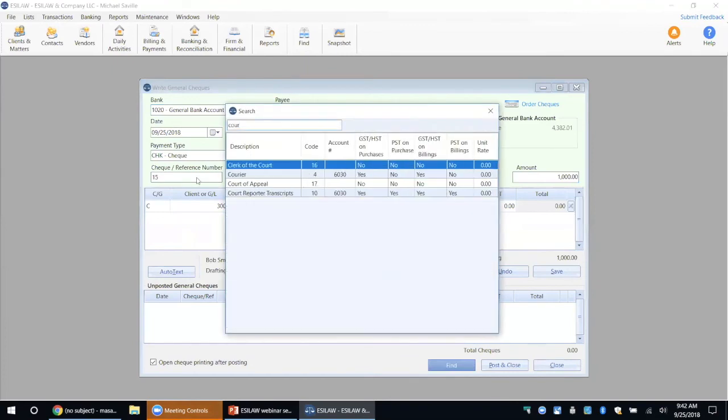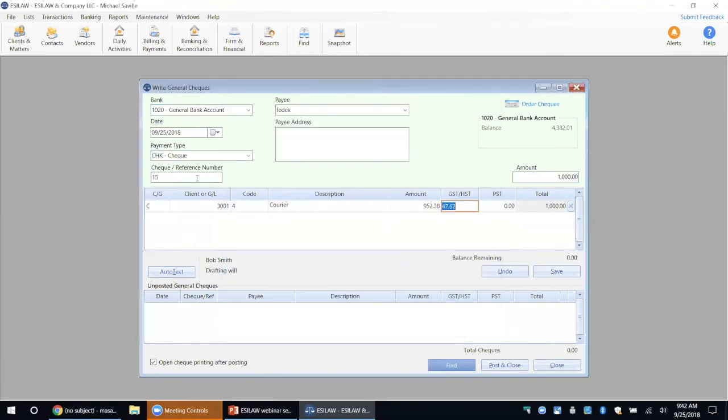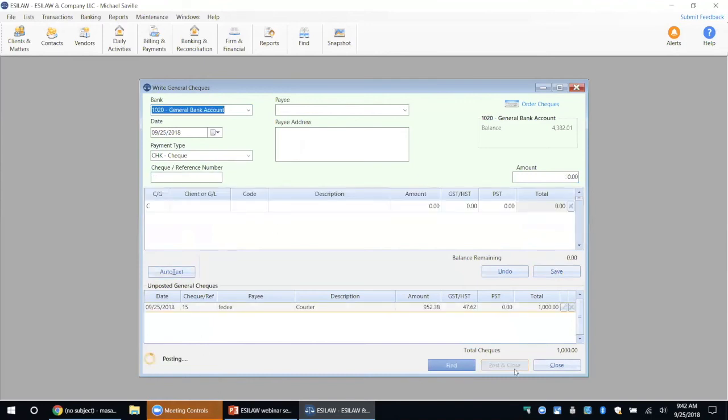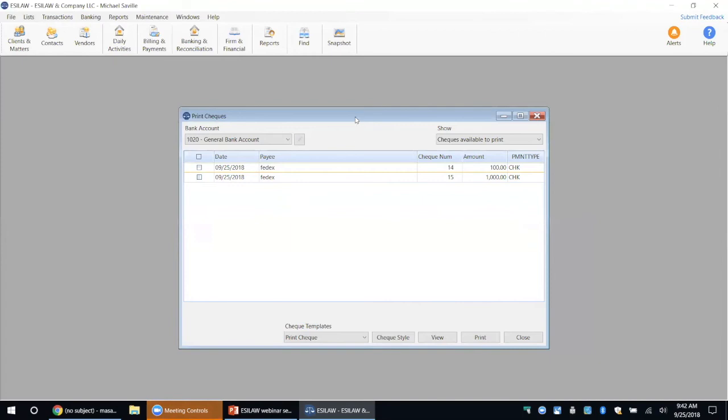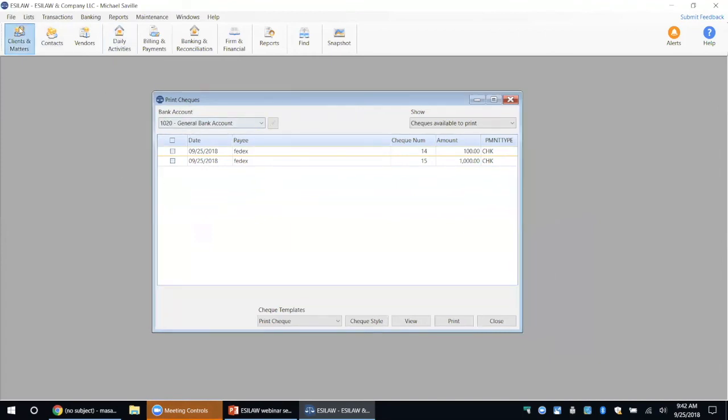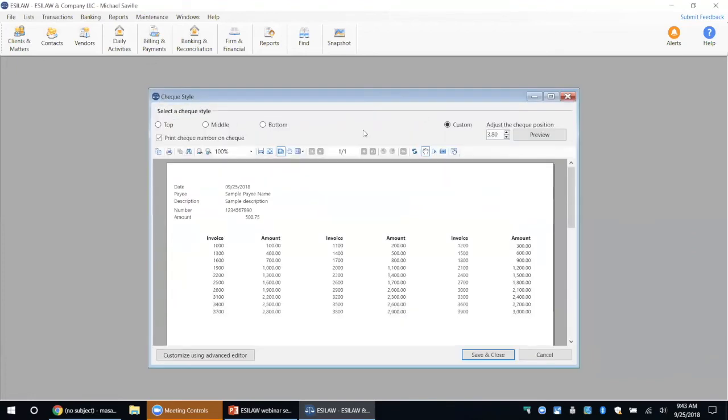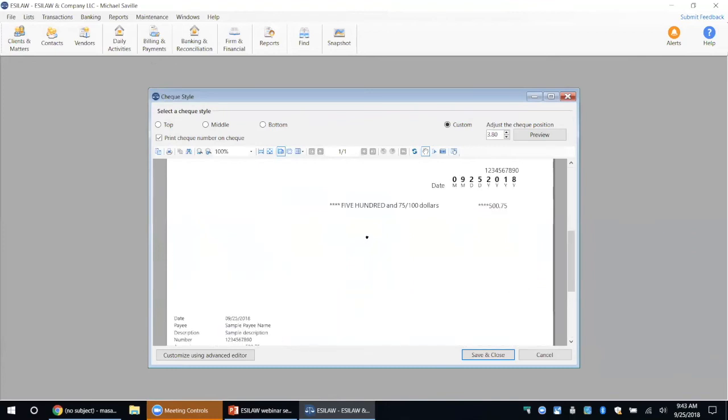So if we're entering a check for a courier, and we save that, notice I have the check printing and posting on. If I post that quickly, it's going to open up this check printing window, which is also accessible from here. You can print checks in ESILaw as well as audits and labels. The check printing feature will let you select the checks you want to print, specify your check style. So again, if you've got laser checks, you don't have to get rid of those. You can easily